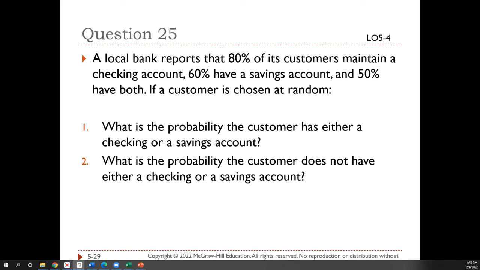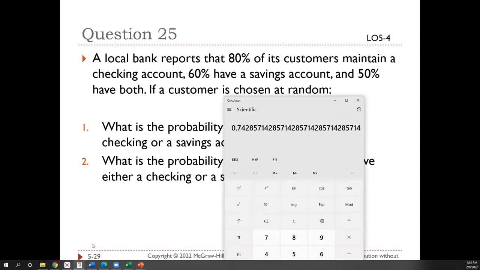So first off, let's see if it's an either-or. So using our calculator,